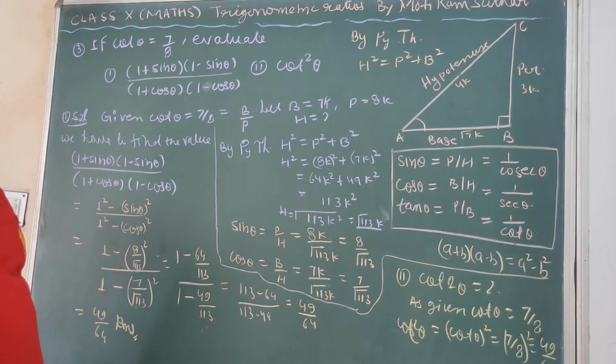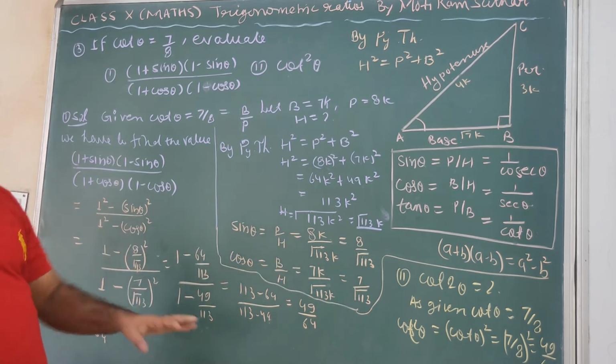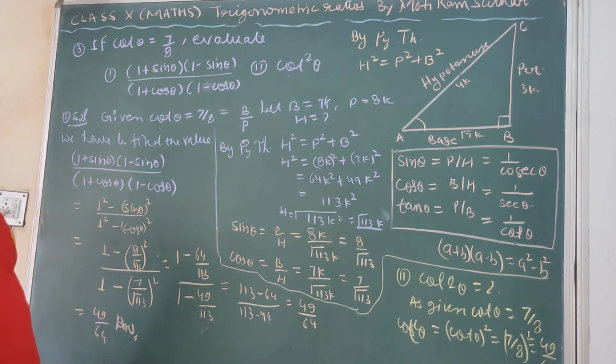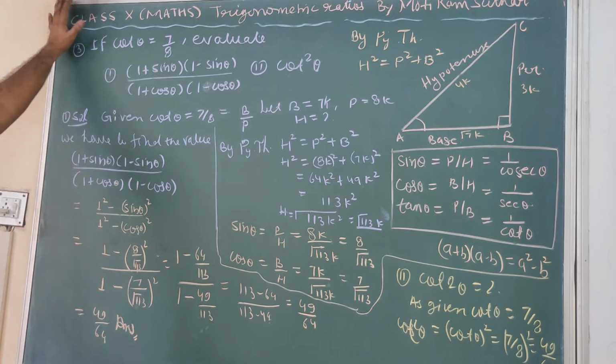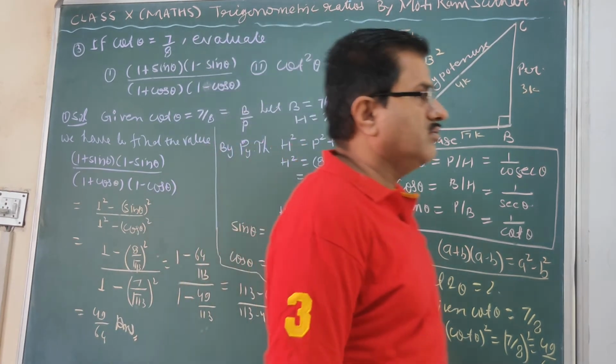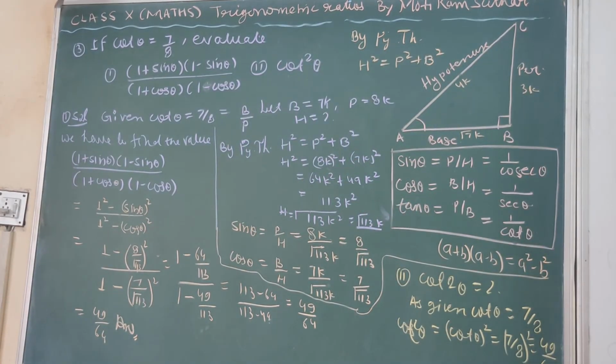Later on in the section we have also seen there is an identity, and we can use it to directly get that value. But here in the initial stage, you have to use the trigonometric ratios. So trigonometry is very important and conceptual. If your concepts are clear, then you can solve any problem of this. There may be no doubt in this chapter. You have to practice.